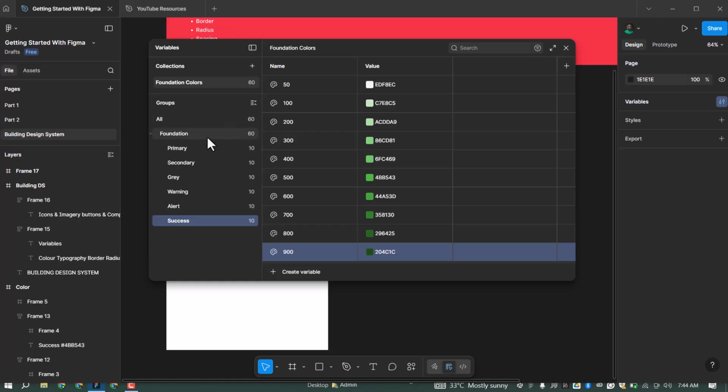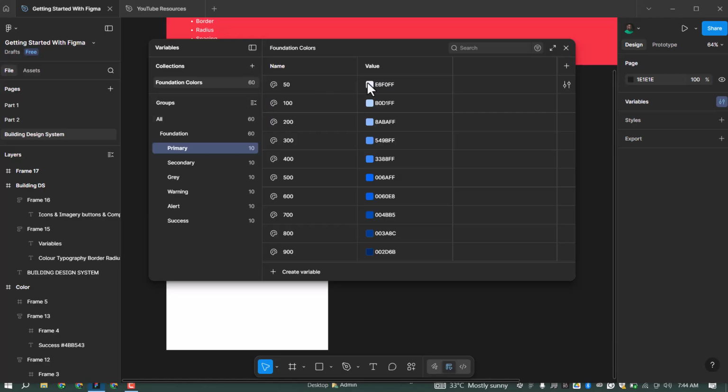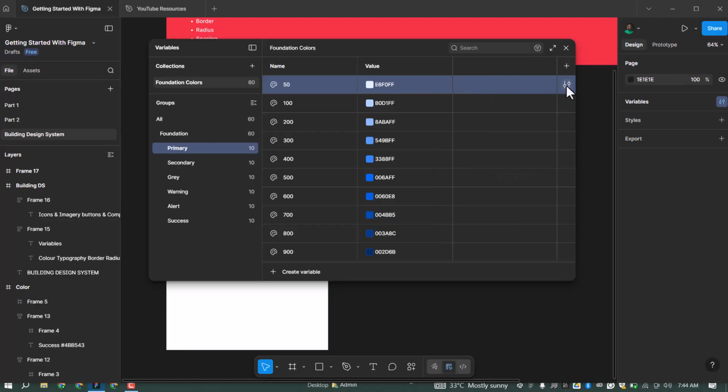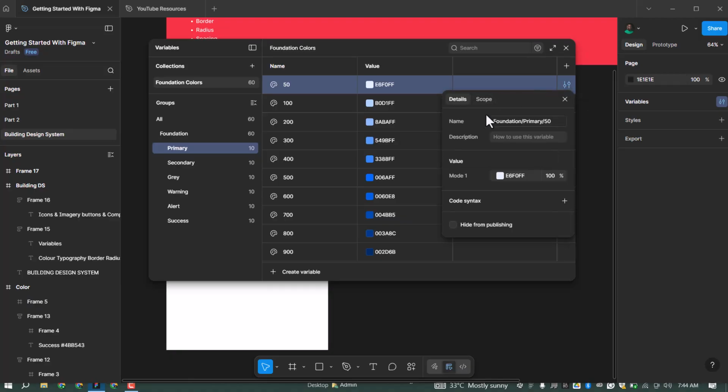So we are done with that, and the next thing is to set the visibility of our color. So I'll come to edit. You can see at the front of this one of the color, I'm working on the first one, the 50% variety. So I'll come to the edit variable here, this icon. So I'll click on edit variable,